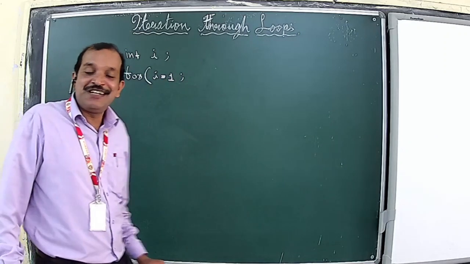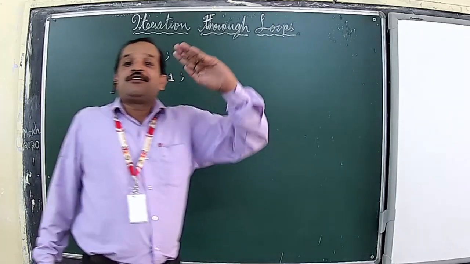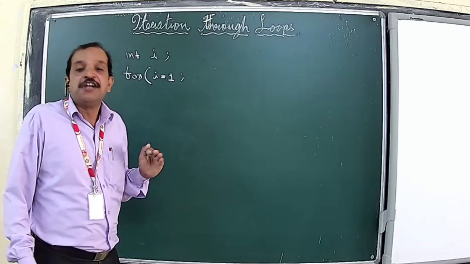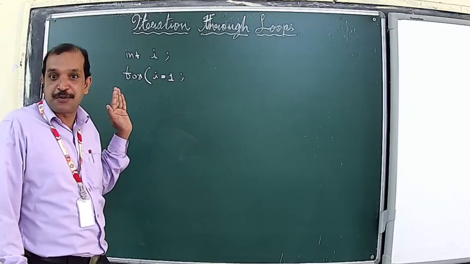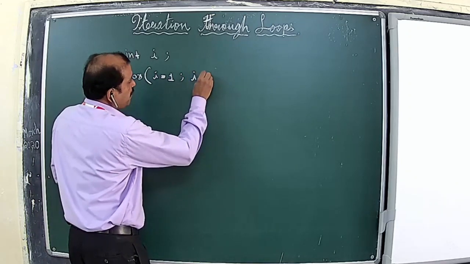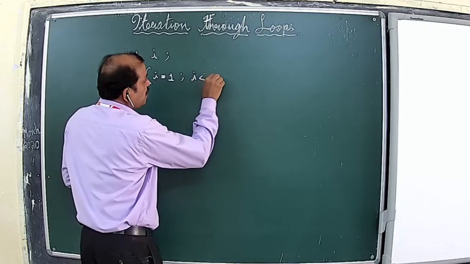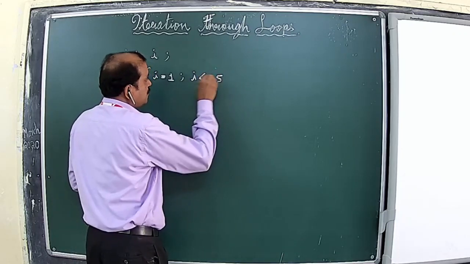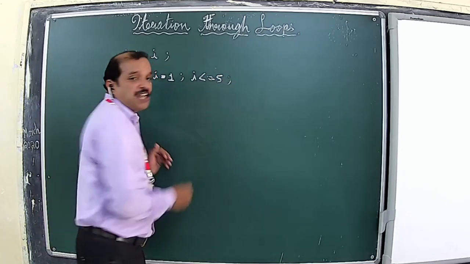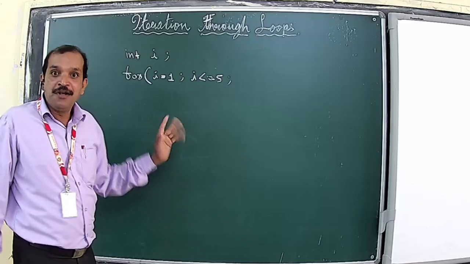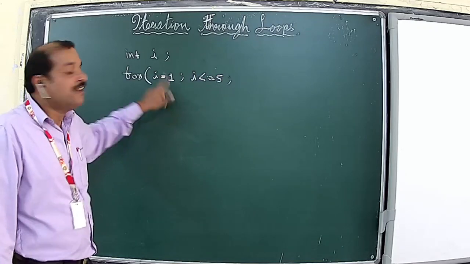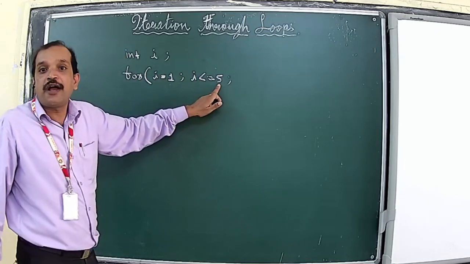And the second expression is a test expression. As long as this test expression is true, the loop body will be executed. Therefore, we are going to create this test expression, and it is a logical expression as well. So the test expression will be i <= 5. Now something is clear, because our task is to print from 1 to 5, and the initial value of this loop control variable is 1, and this value will go up to 5, i less than or equal to 5.